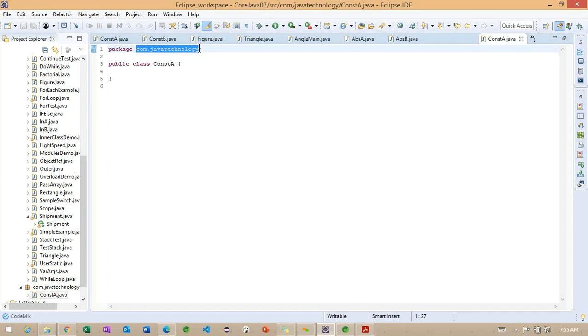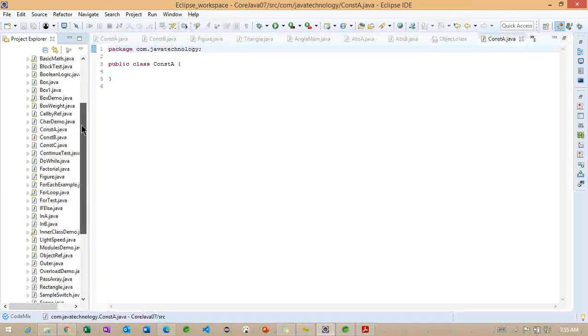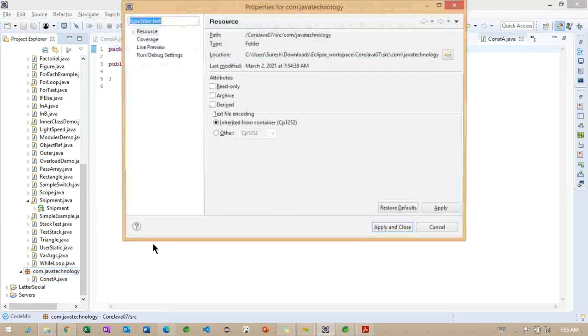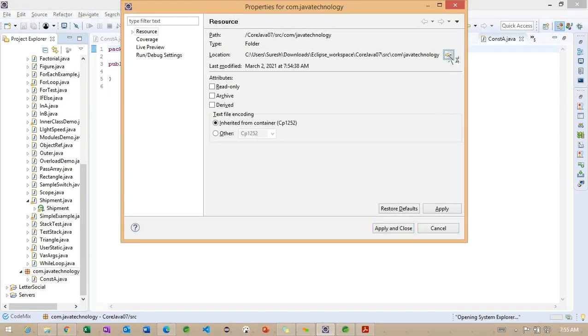In real-time applications also we work the same way, something like com dot something; most applications start with com, but some may not start with com also, but make sure we identify how exactly it's going to start.